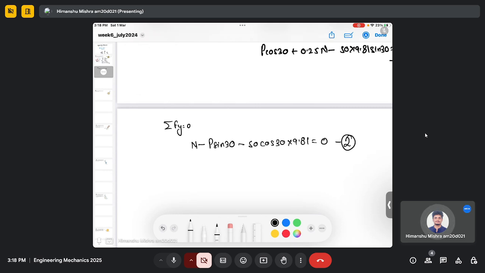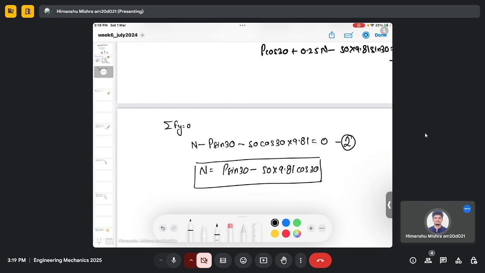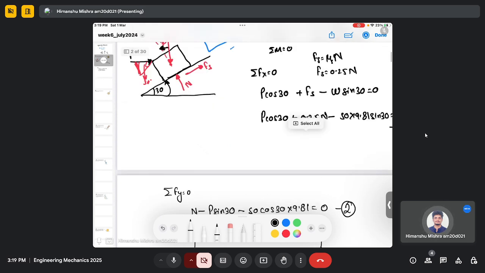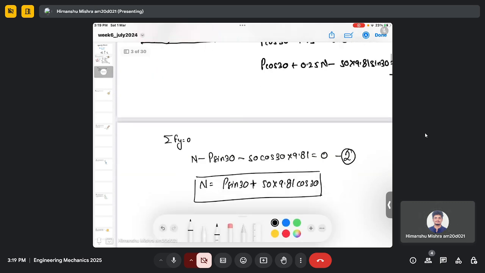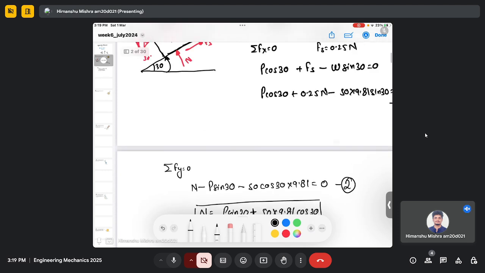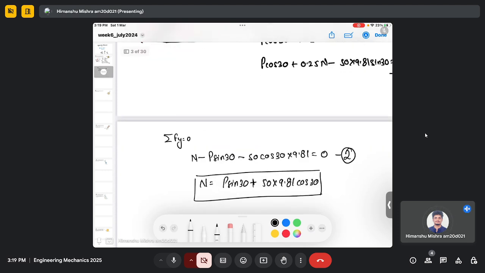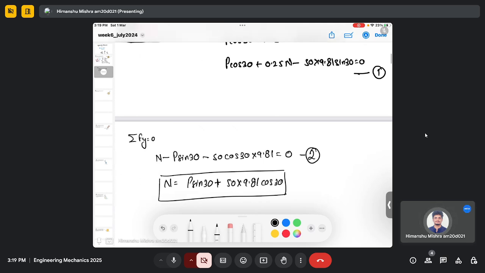So we can write n in terms of p. From equation 2 itself we will have n equals p sine 30 plus 50 multiplied by 9.81 cos 30. So this is my n, and I can substitute this n. Yes, it is plus. So now when we substitute this n in equation 1, we will have